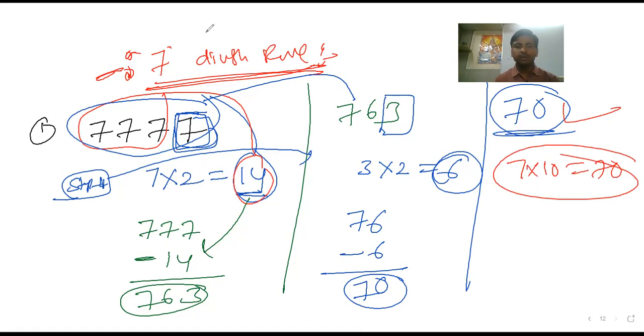So once again I'll explain to you. Just take a number, take the last digit, double it and subtract it from the rest of the digits. The moment you do, the digits come down, because it's a 4 digit number. Now it becomes a 3 digit number, which we cannot judge directly, so again apply the same procedure. Take the last digit, double it, subtract from the rest of the numbers, and the digits decrease by one more. A 2 digit number you can easily identify because the 7 table is very familiar. I think it's very clear. Therefore the total number is divisible by 7.